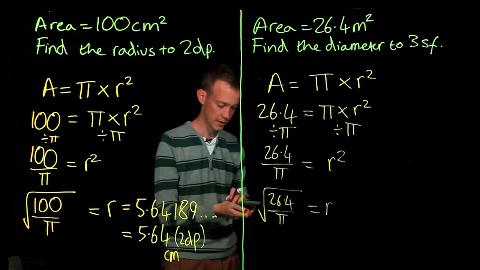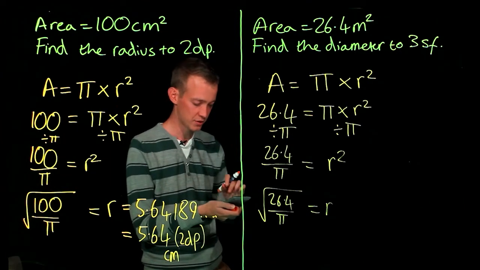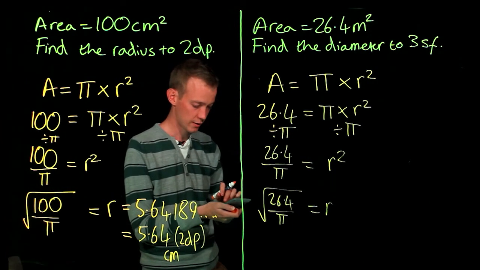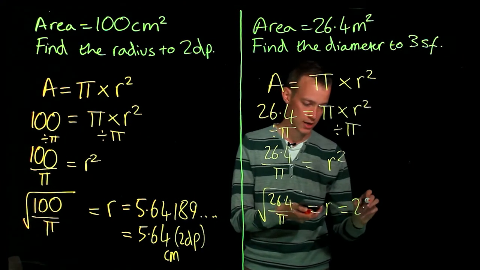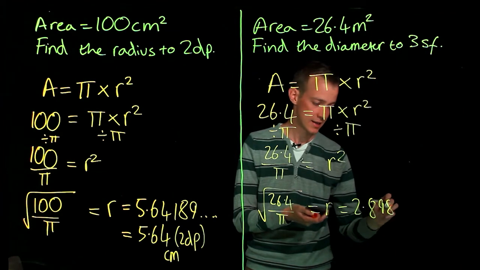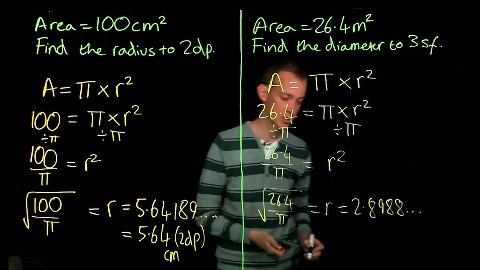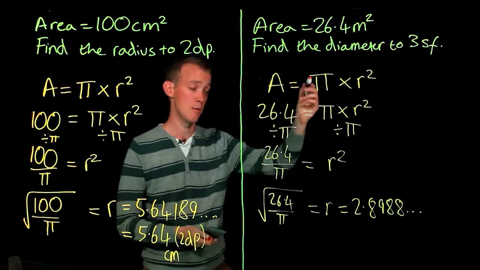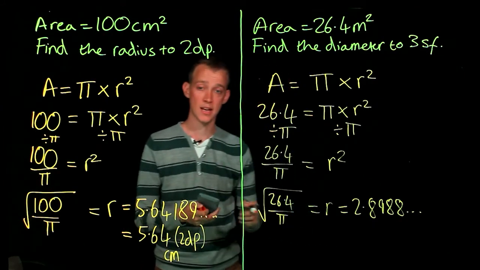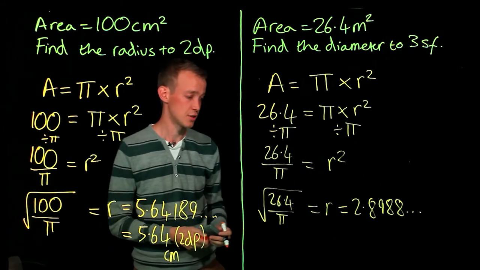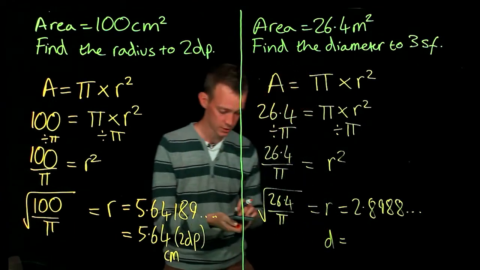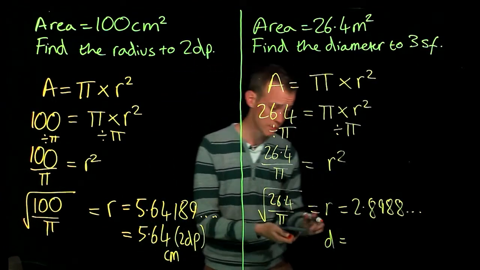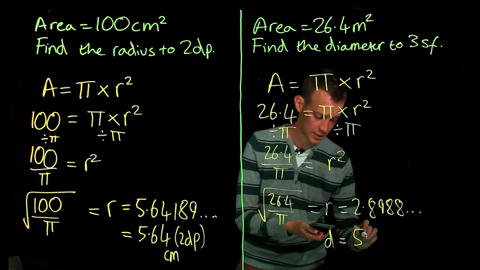Okay, into my calculator, 26.4 divided by pi, and then I'm square rooting that answer. My radius is equal to 2.8988, and the answer carries on. I need to find the diameter though. So I should know that the radius of my circle is half of the diameter. So I'm going to double this value for my radius. And if I double the value, I will get the diameter, which is